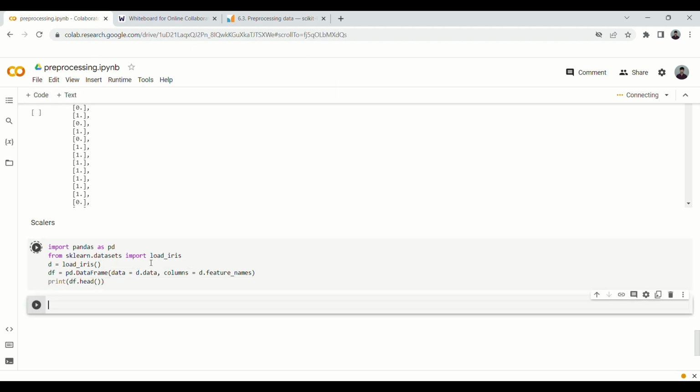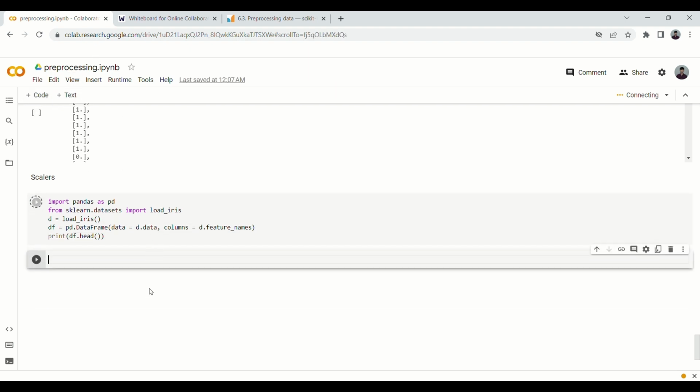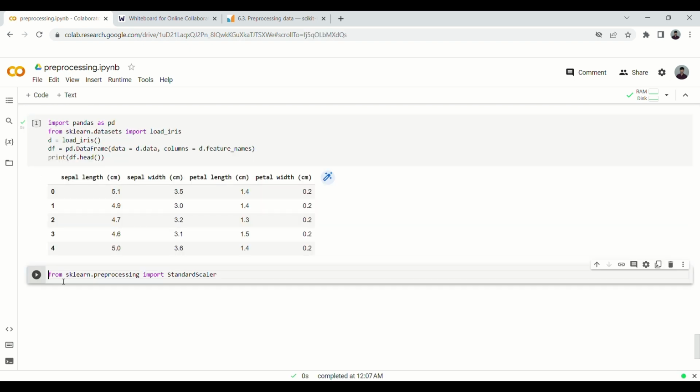Okay, till then I'll go ahead with the code. Now from sklearn.preprocessing we will import StandardScaler. So first we'll be seeing the StandardScaler,